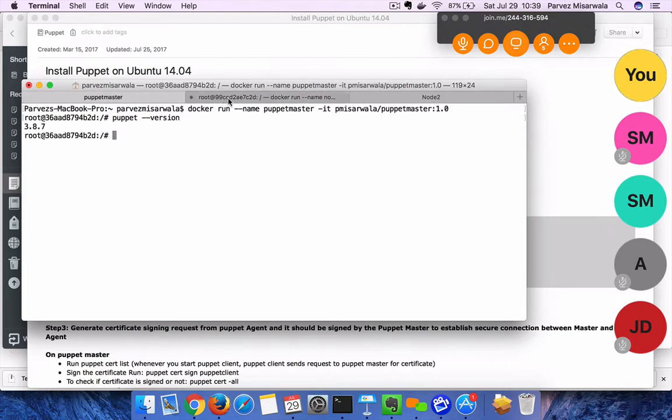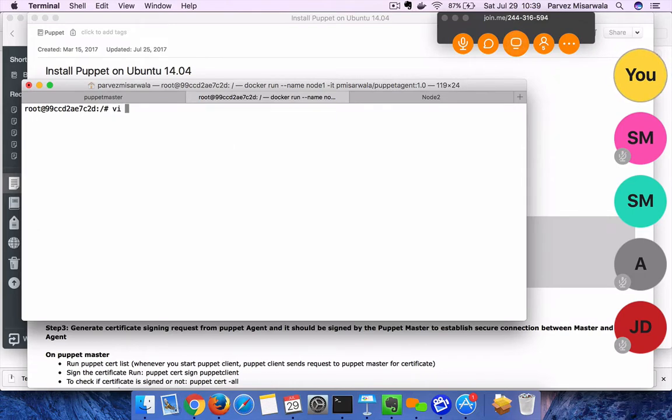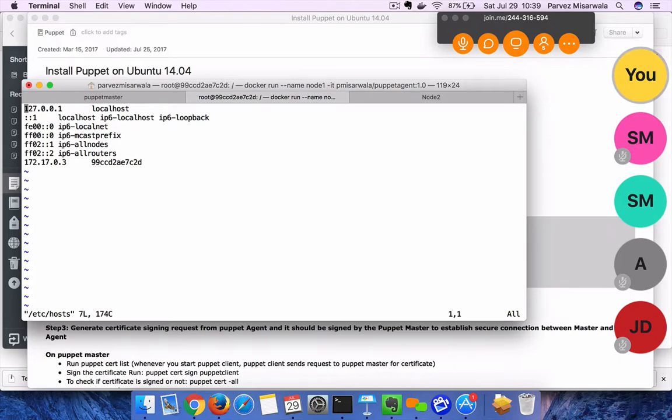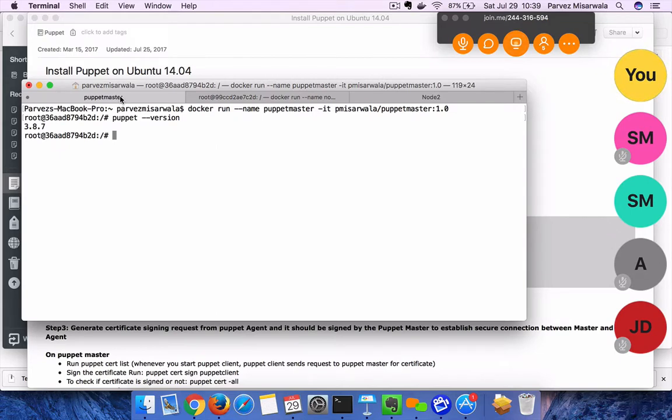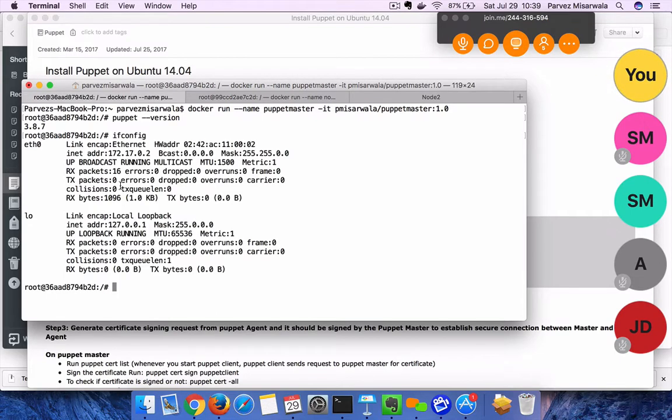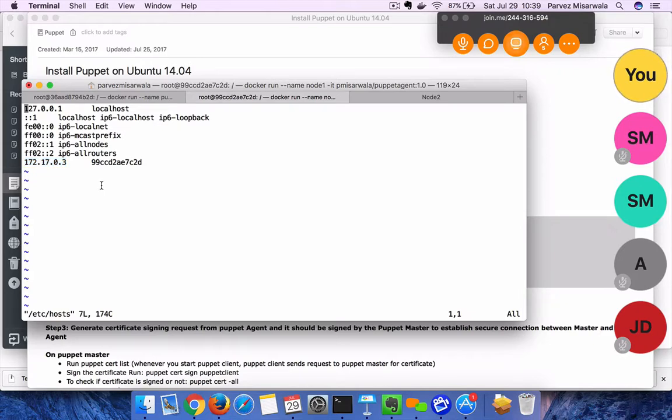So I'll go to my node 1 first of all. I'll say vi /etc/hosts. Open this file, and here you will see this 172.17. So let me see the IP address of this. ifconfig, and the IP address of my master is here. So I'll have to put this IP address here, and I'll go to my agent machine,